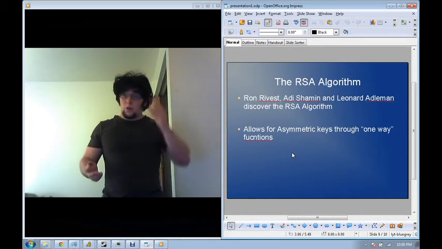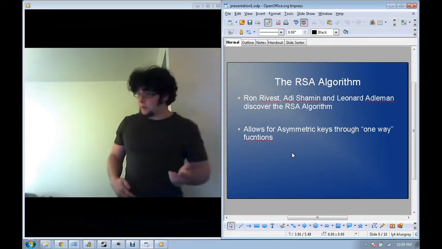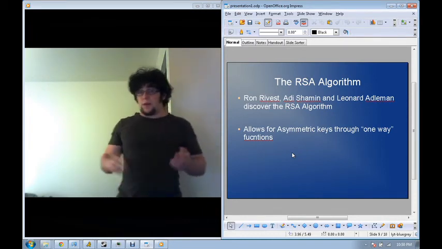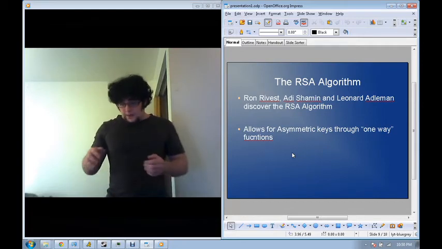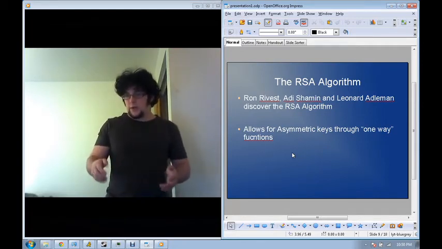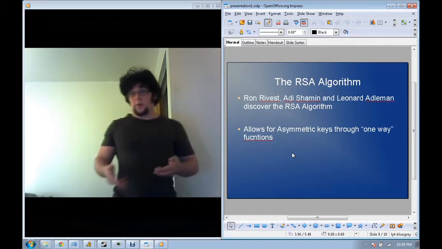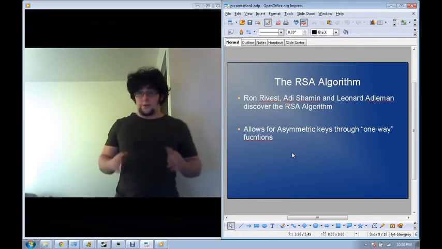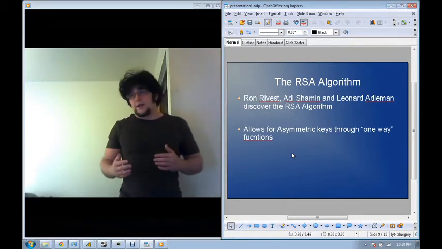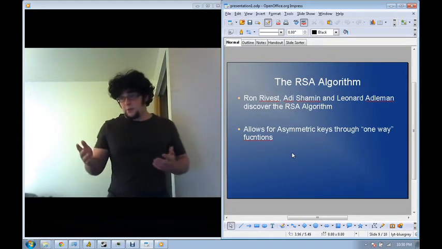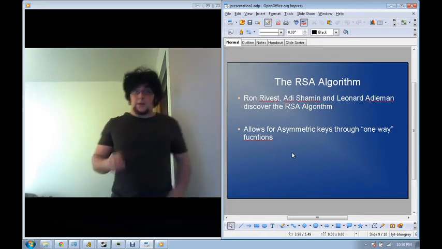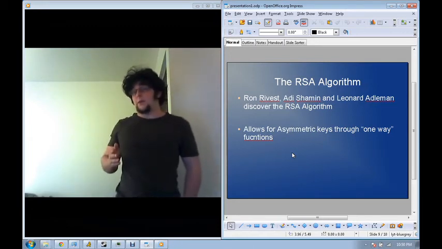In fact, the only reason we were ever able to crack the Enigma machine was because we raided a German U-boat and stole a copy of their machine and their tables and their key, and using some reverse engineering we were able to figure out the code in a sufficient manner to decrypt it. So getting these keys back and forth, this key sharing, was a big problem. But the asymmetric keys kind of solved that through what's called one-way functions.